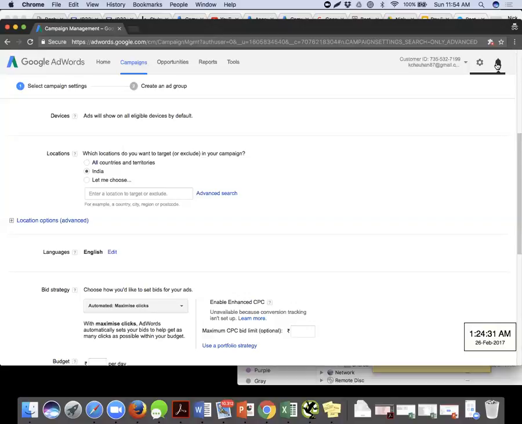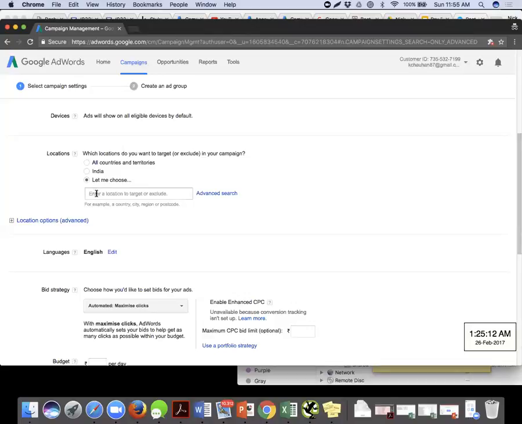Okay, account level, most of the options I told you. Campaign level, we were in, which is level 2, and with campaign level we saw devices was one of the options, which is not editable as of now, but location is the number 2 setting. In the campaign level, we can pick and choose the places where we want to show ads. Just in order to understand this, let's type in across. First of all, let's start with the country. For just learning purposes, let's have a country, and maybe let's type in across. First of all, click on let me choose. So we want to choose places of our choice.